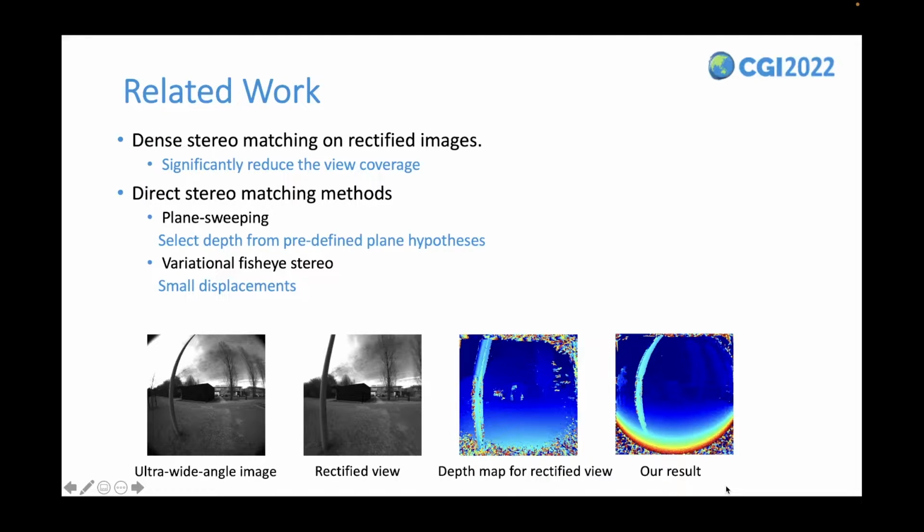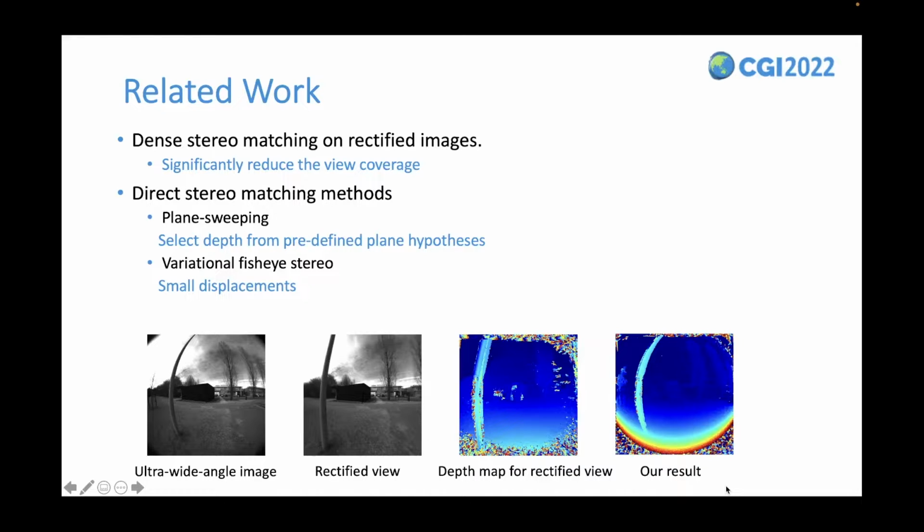A few stereo matching methods are designed for ultra-wide-angle images, but they all have limitations. For images captured by a pinhole camera, there are many stereo matching methods with promising results. One can rectify the wide-angle images and then apply those methods to generate dense depth maps. However, this will generate noticeable noise in the resulting depth map. As shown at the bottom of this slide, the depth map for the rectified view has noisy values on the boundary